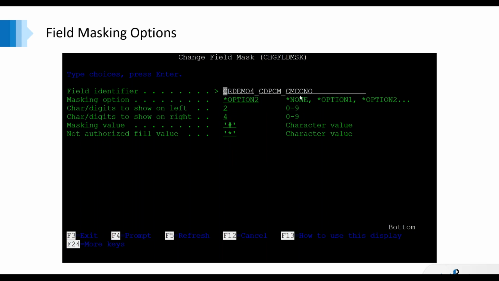This one, for example, that credit card number, it's going to show 2 characters on the left and 4 on the right. And then everything in between is going to have a hashtag. And if the user's not authorized at all, they're going to see the asterisk. So really being able to change that up to fit what you want it to look like gives you the control and the flexibility to have it look exactly the way you want.